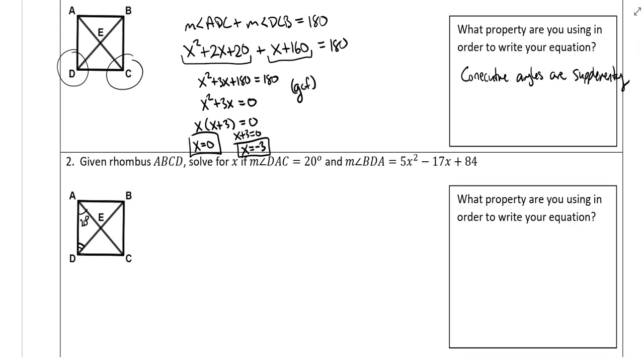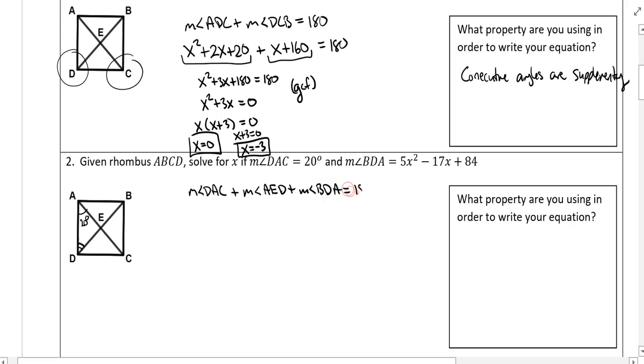So a couple things that I can put here. So we know that the measure of angle DAC plus the measure of angle AED plus the measure of angle BDA